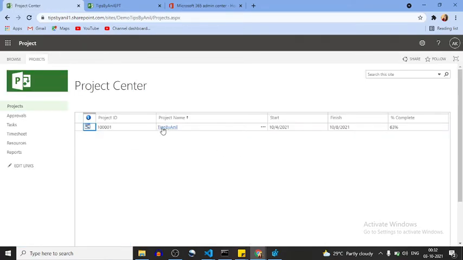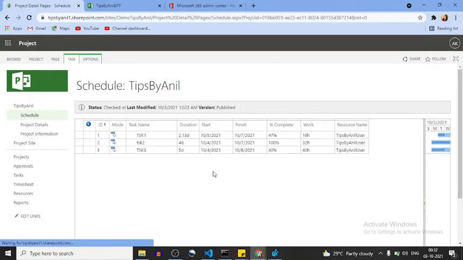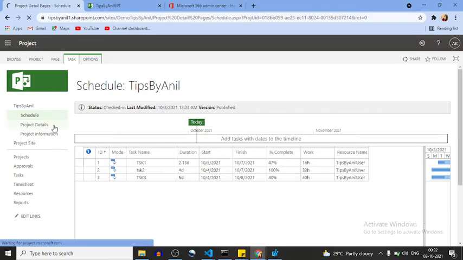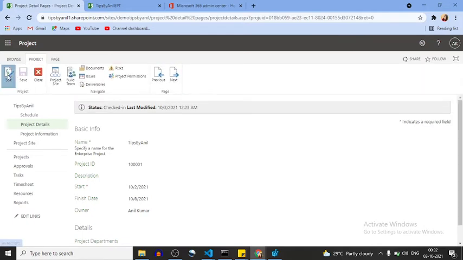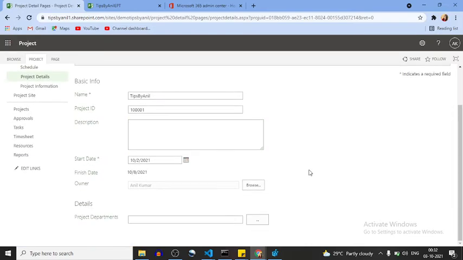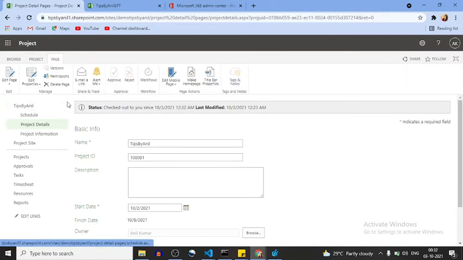Okay, now the thing is, if you want to use this custom field in your project, then how will you use it? So these custom fields we can define globally, but if I want to use it, then how will I use it? Click on this edit button. Okay, now here you can see these all are the default custom fields, name, and okay, now what I will do, I click on edit page.